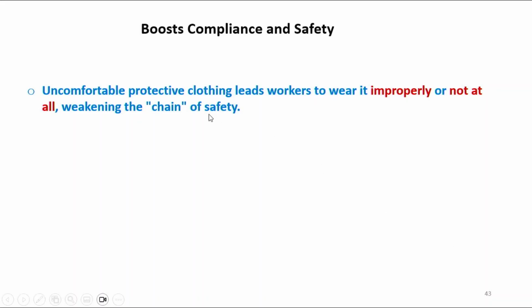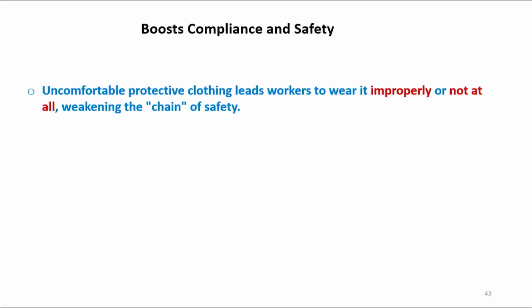Uncomfortable protective clothing leads the worker to wear the protective gear improperly. They will try to open the zipper.